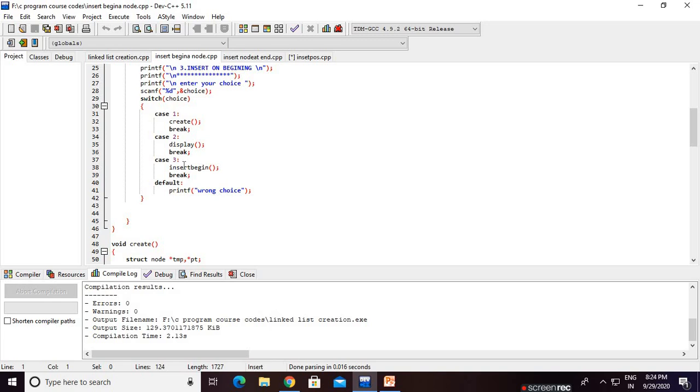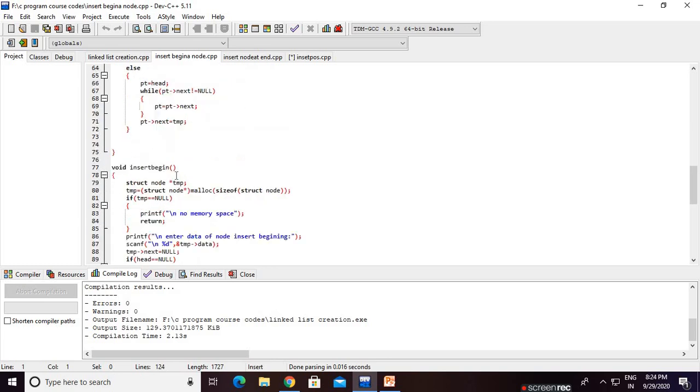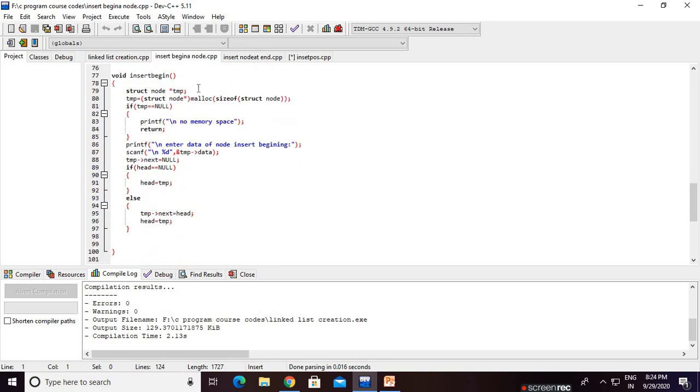This is just like the previous code, with some modification. What is the modification? There is now a case 3. Earlier case 3 was just quit, but here we do the operation of inserting a node from the beginning. That's why in case 3 we call the function insert begin, then break. This is the function void insert begin.